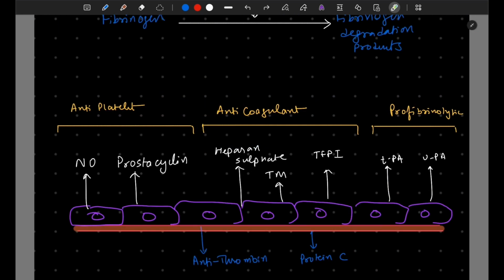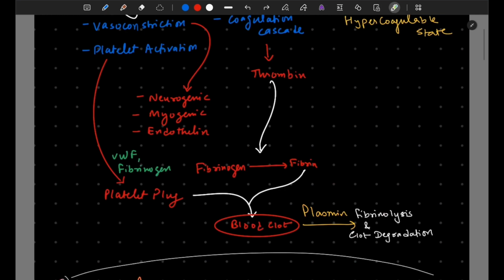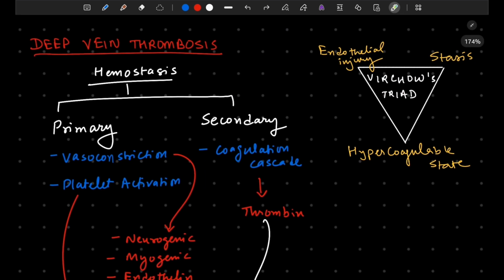Along with it, we will cover the risk factors, the complications, pulmonary embolism, deep vein thrombosis, fat embolism in the second part. Coming straight to our topic, let's talk about hemostasis. Hemostasis is a dynamic process, we all know, constantly balancing clot formation